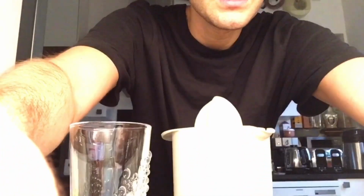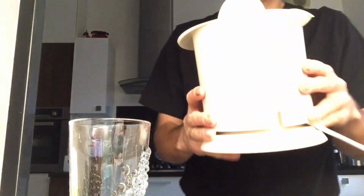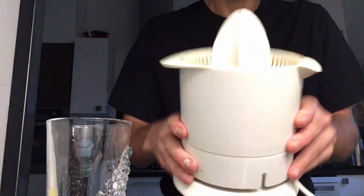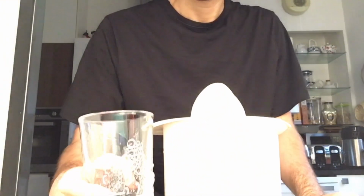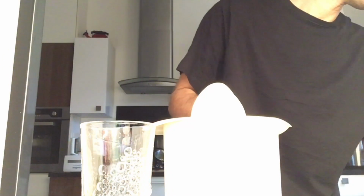Now what I'm going to do is use a 10-year-old citrus juicer. It has been in my house for so long. I'm just going to move this camera down. Look at that. Simple. So what happens is when you push the top, don't worry, my hands are clean. See that? Simple. Now, I have a glass here. I have my reusable,